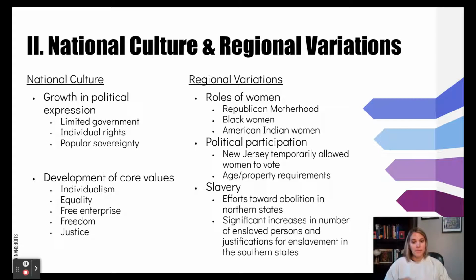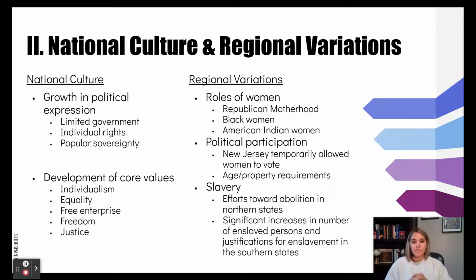American Indian women. If you remember back to period one, American Indian women in some societies were matrilineal, meaning the line of the family was determined from the woman. And so women held more powerful positions in certain Native American tribes. But as American Indians continued to be pushed further and further to the west, and there continues to be more conflict, men are going to take over many of those roles in the treaties and negotiations. And so we see the roles of women for American Indians, especially in the Western areas, becoming less significant or